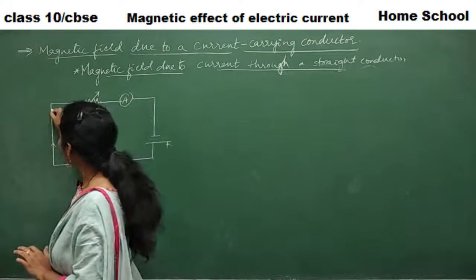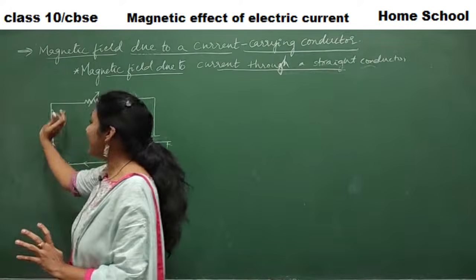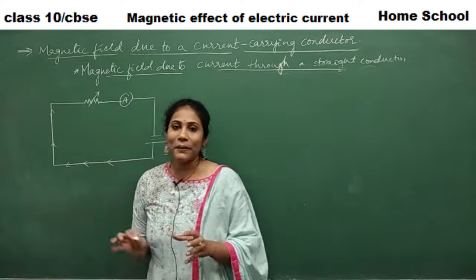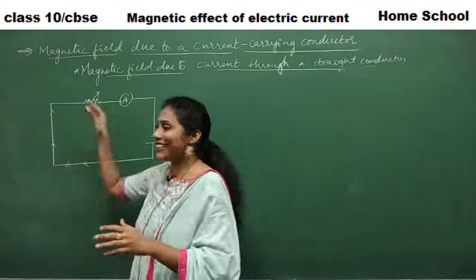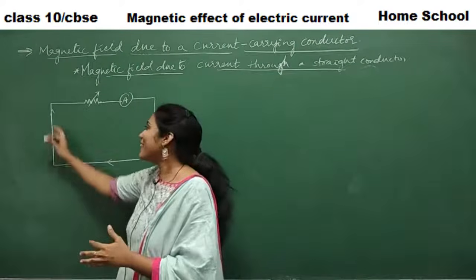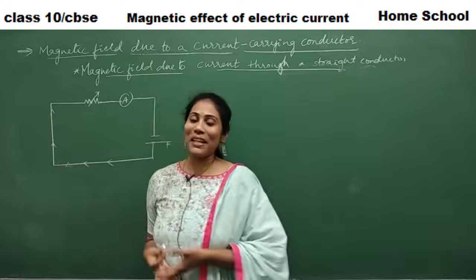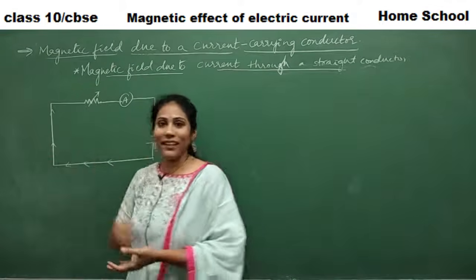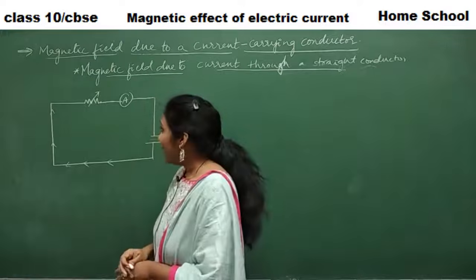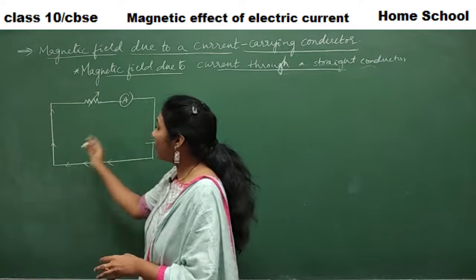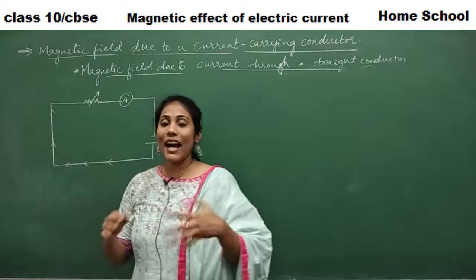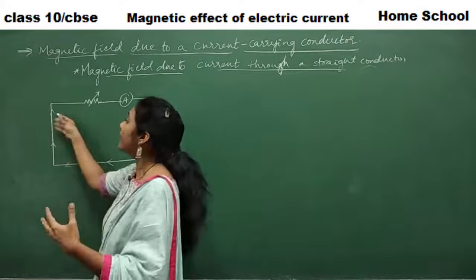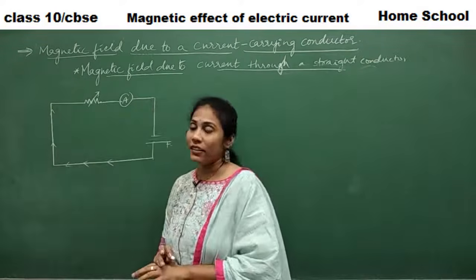So whenever a current is flowing, a magnetic field is generated. A magic gets created here. Whenever current is flowing in a conductor, suddenly a magic appears here. What is that magic? Creation of a magnetic field. Yeah, fine. And how is the field created? How do the magnetic field lines look here?